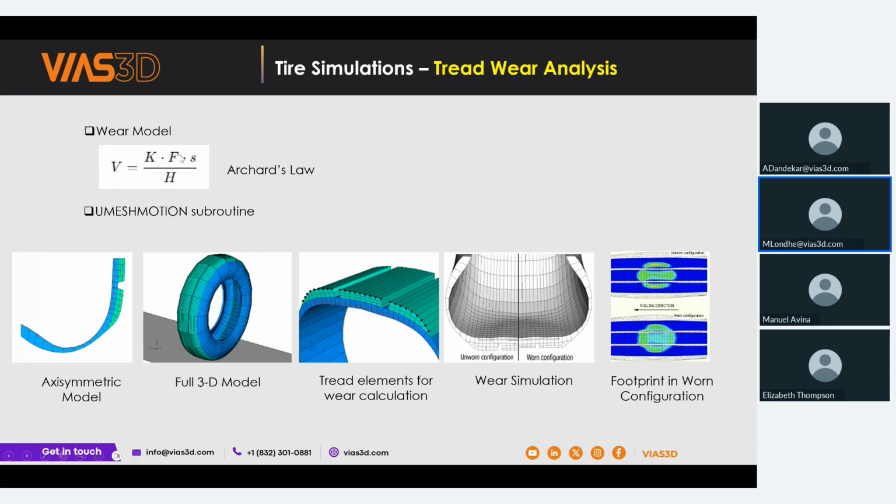In such a case, adaptive meshing is very important, because using the adaptive mesh, you can directly identify how your tire is wearing out over time. When you do the simulation, let's say the tire is running around 10,000 kilometers or 20,000 kilometers. At the end, you can also check how the footprint analysis is changing over time because of the worn out condition. Such analysis is very conveniently handled in the Abaqus environment.